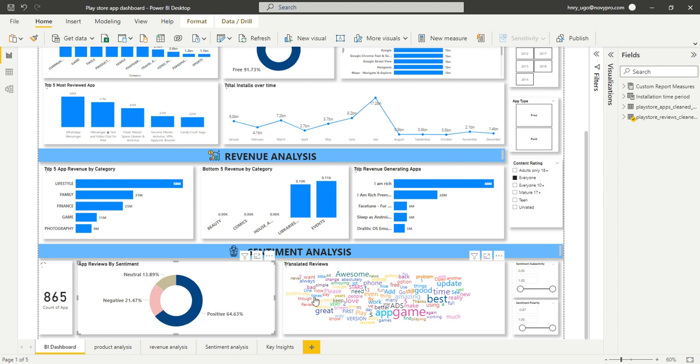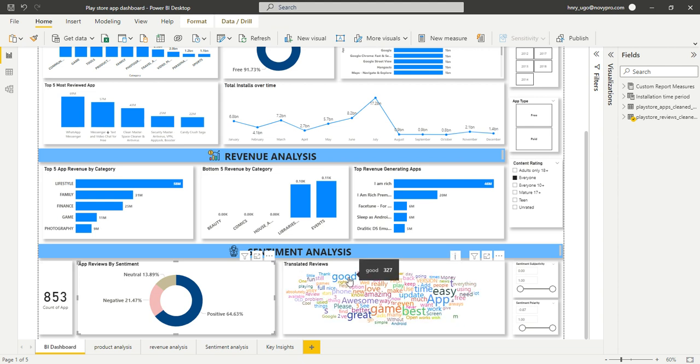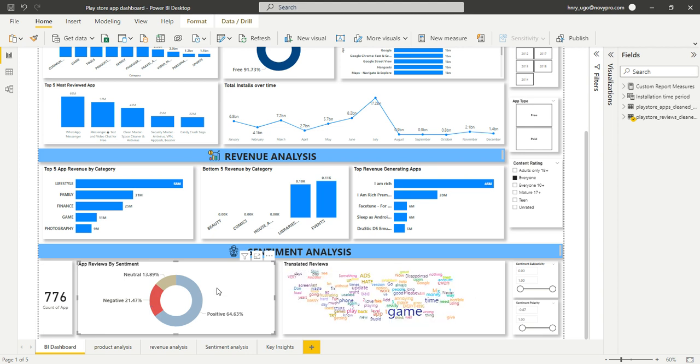So if we look at the positive reviews, you can see awesome, good, great, thanks, app. These are words that were used in the positive reviews. For negative reviews, you can see words such as fake, love, screen,